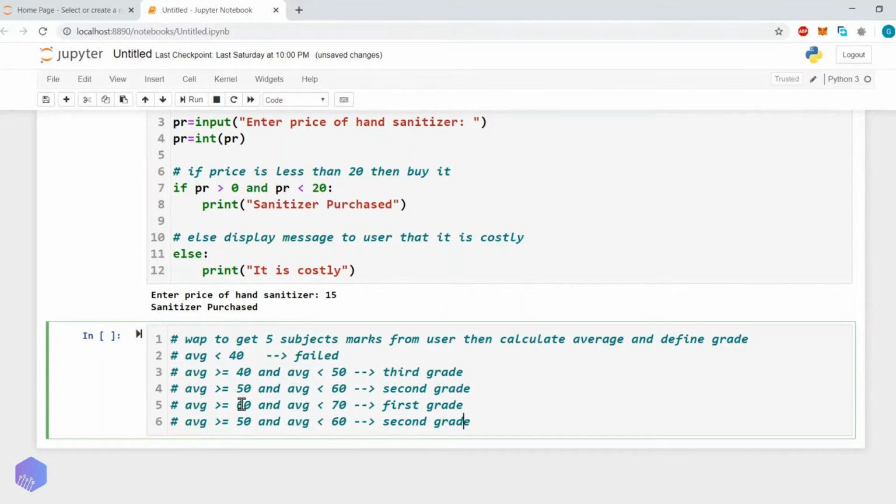And last, if average is greater than or equals to 70 and less than or equals to 100, okay, then distinction.